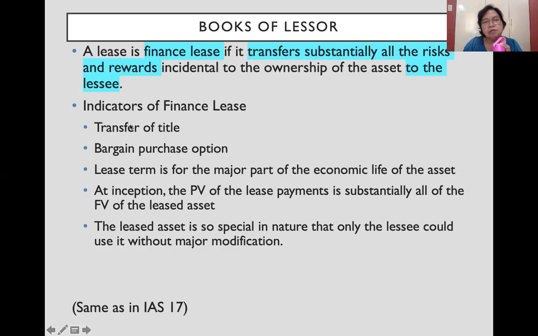Or if the first 3 are missing but you have number 4 at the inception, the present value of the lease payments is substantially all of the fair value of the lease asset, then that is to be accounted for also as finance lease. So lease payments here include the total periodic payments. So this is your total rentals, including any of the following: the bargain purchase option in the second bullet,